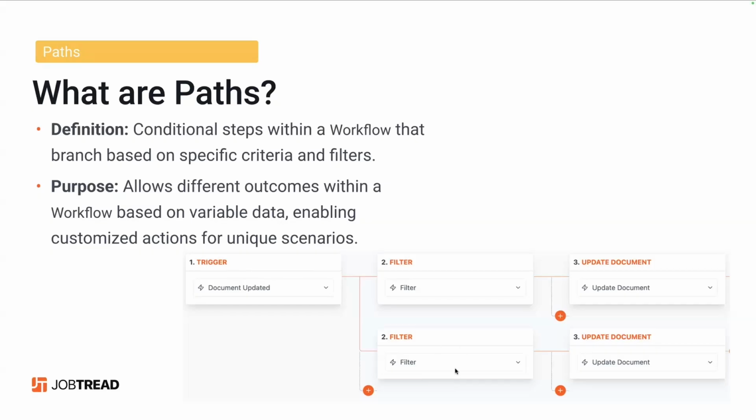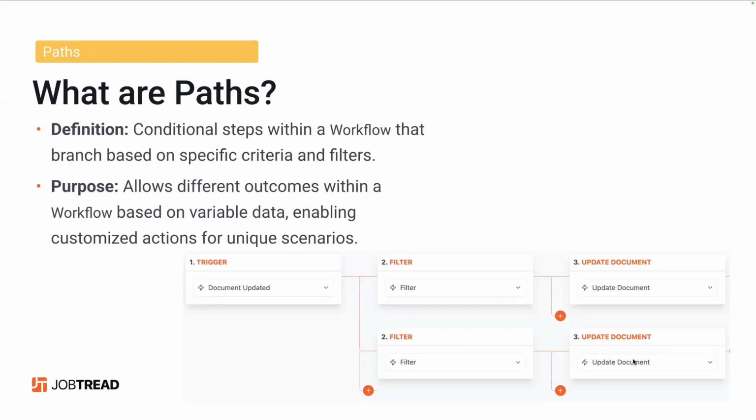But what happens if I want to do some other workflow related to a document getting updated? Maybe in this case, I want to also set something up for when I send out a bid request, maybe I want to create a comment to send to the team and say, hey team, keep in mind the bid requests have been sent out. Keep a lookout for those. So these are all related to the same trigger of document updated, but I can do vastly different things with